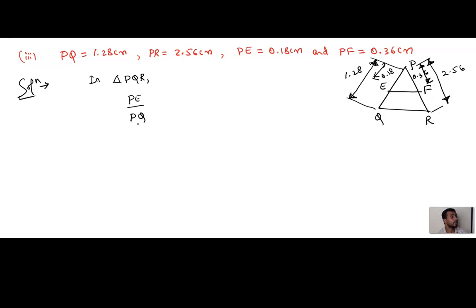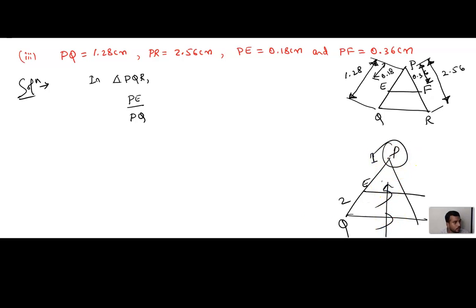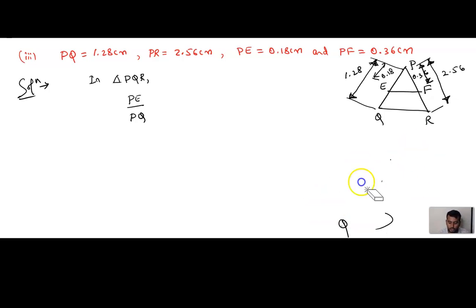This is called a corollary. If you take full, that is corollary. If you just take half by half, then it is BPT. Got it? Now here we have applied first half by full, right? Then here also you should apply first half by full. First half means what? See here. This is P, this is Q, and this point is E. This is called the first half, and this is my second half, right? Because this side is parallel to these two sides, P is the starting point. So P to E is first half, EQ is second half. If we take PQ, then it is full. Understood?